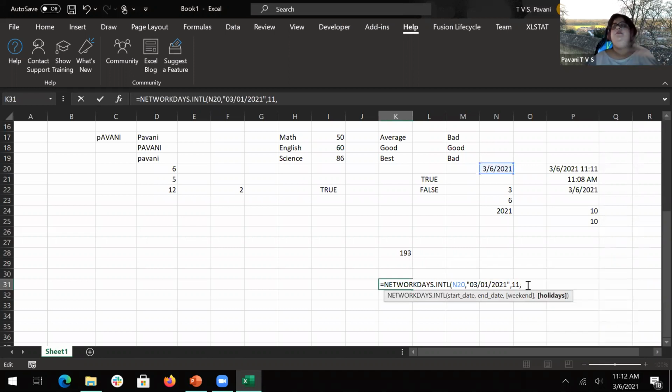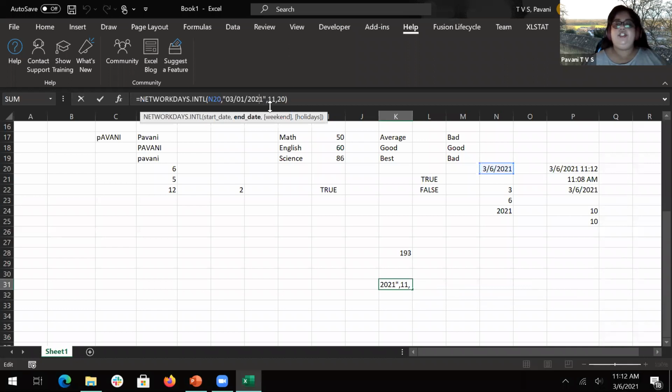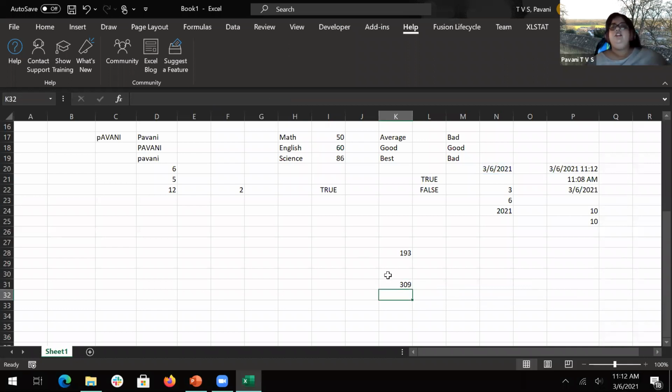And I'm saying in between, I have around 20 holidays. So this will, okay, why is it giving me, oh, my bad, 2022. This will give me 309 days. Between today and next year, 2022, I have only Sunday as my holiday and around 20 public holidays or holidays which you consider, then altogether I have 309 working days.